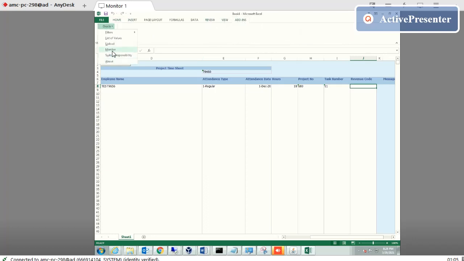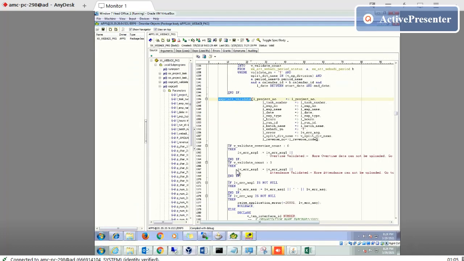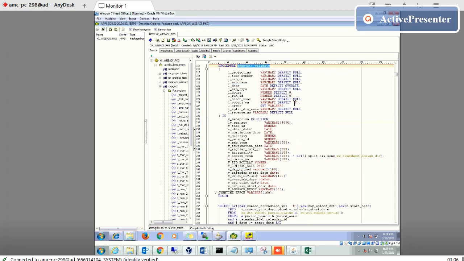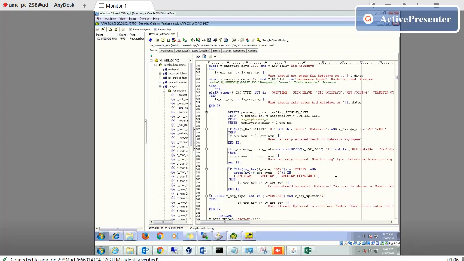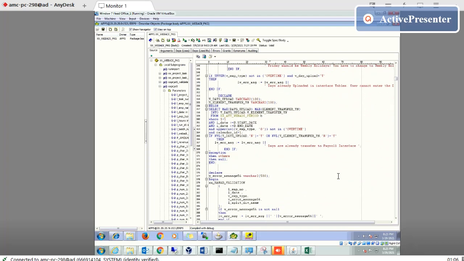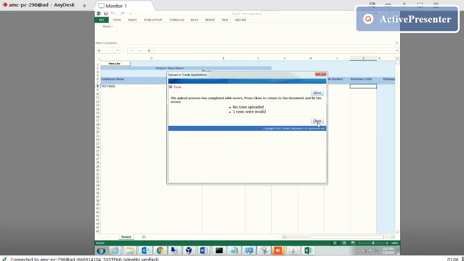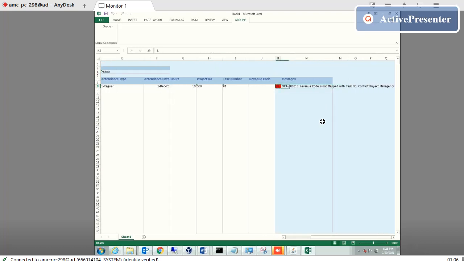When you upload this one, go to add-on, all the validation. If you go here, I will paste 100. What will the system do? The system checks all the validation. There are a lot of policies. I will check. Wait. Now we will see what error will come here. See, the first error is that revenue code does not match the data.